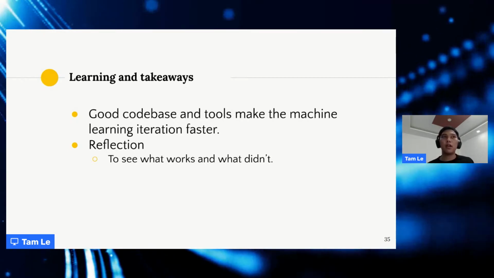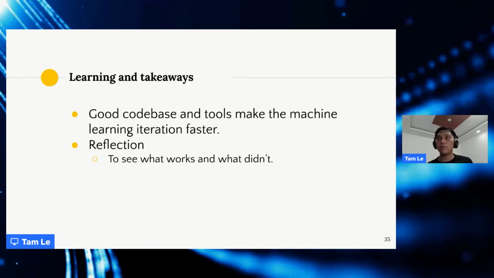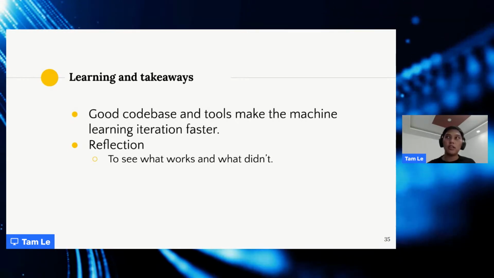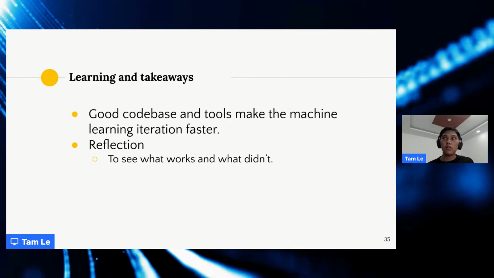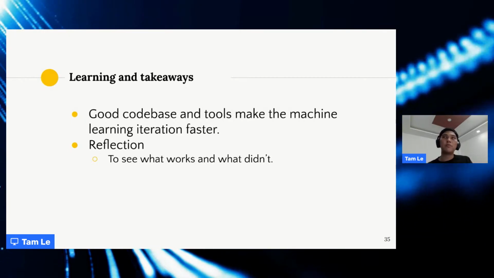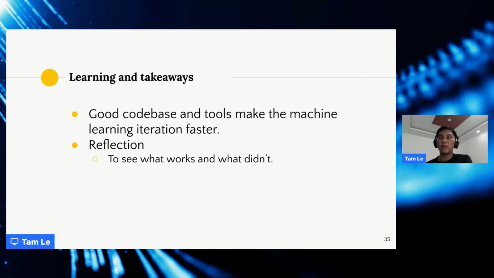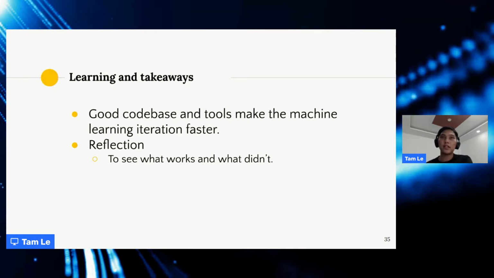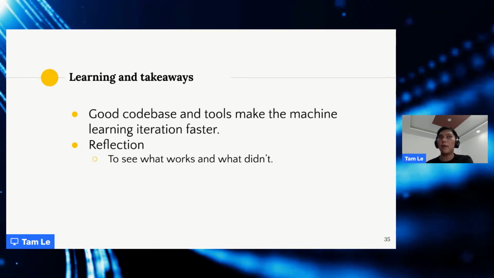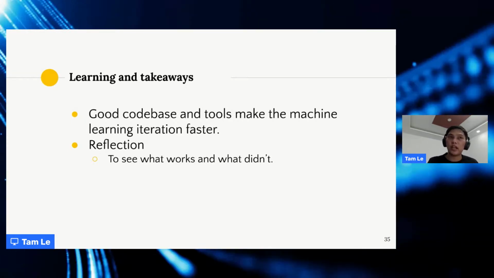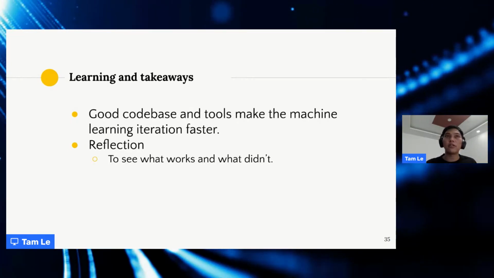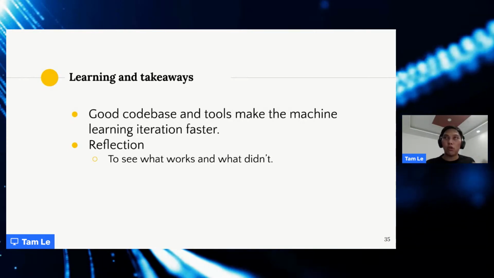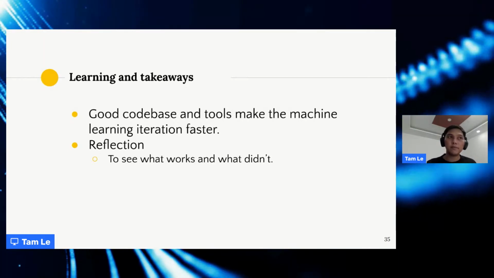So for example, usually when I'm working on PyTorch, I usually start with PyTorch Lightning, or for example, if you work on a specific computer vision problem like detection or segmentation, then OpenMMLab is a repo you want to check out because they provide a very good code base that you can work on, and it makes your work much easier.